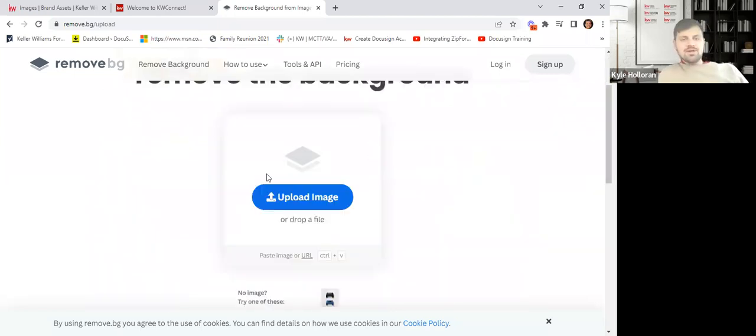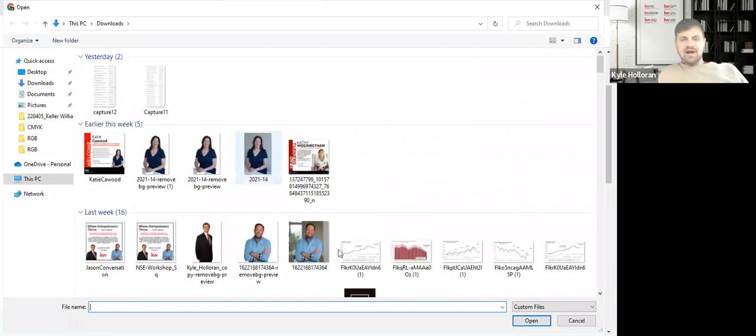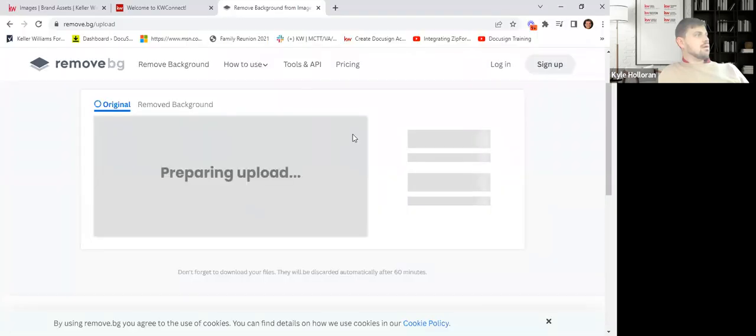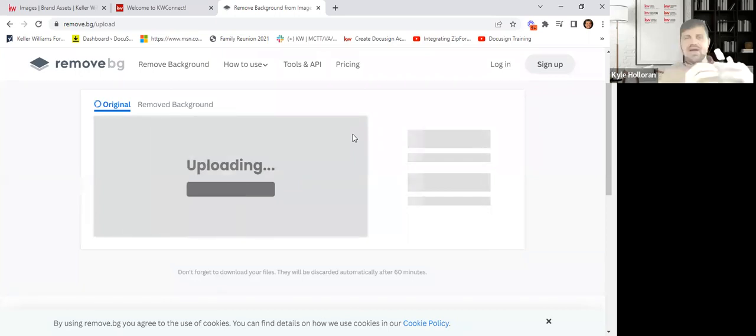All right, and when you upload an image, like I'm going to take Katie here, if I upload this image and I click open, it'll actually upload the image, prepare it, and it will remove the background out of the image. So you can see here, I can download that photo and then I'm able to upload that into my system to use. So that's a great way, just a quick little tool that you guys can use to get those graphics created.